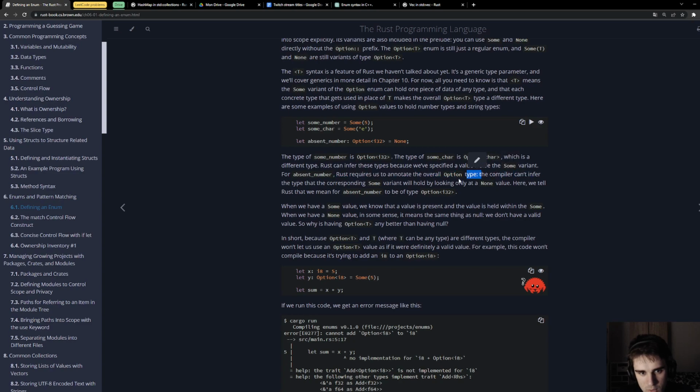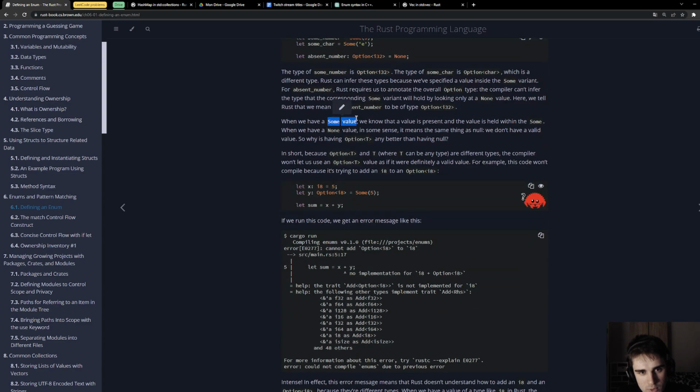The compiler cannot infer the type that the corresponding Some variant will hold by looking only at a None value. Here we tell Rust that we mean for absent_number to be of type Option<i32>.